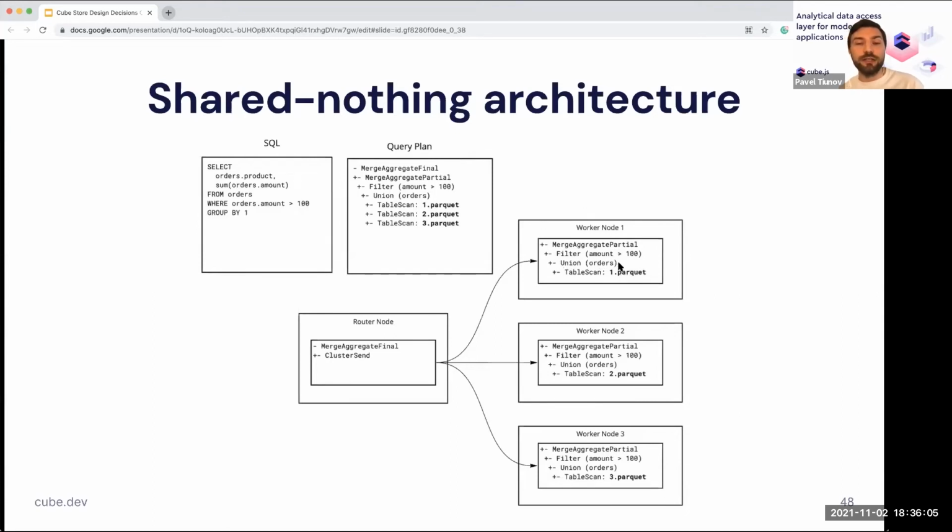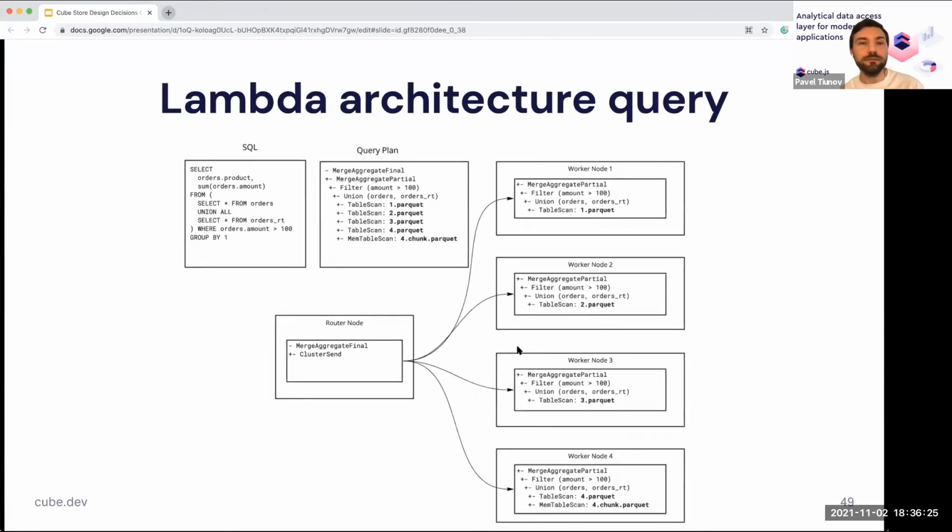aggregated data. So there is no need for the router node to fetch any raw results from the worker nodes. And this allows you to cut a lot of traffic in terms of communication here. And